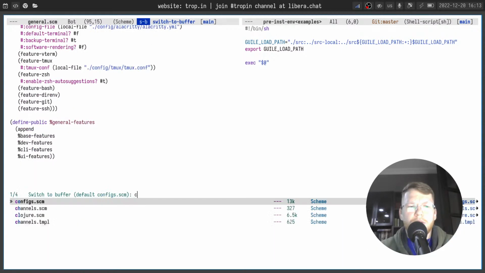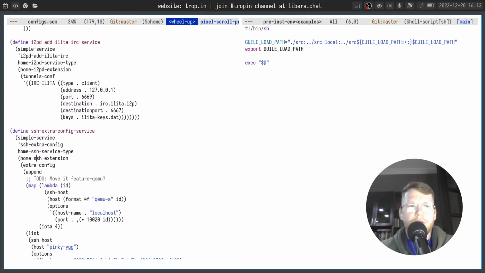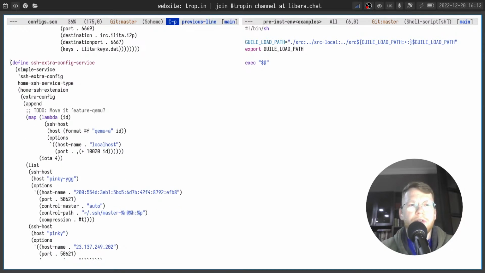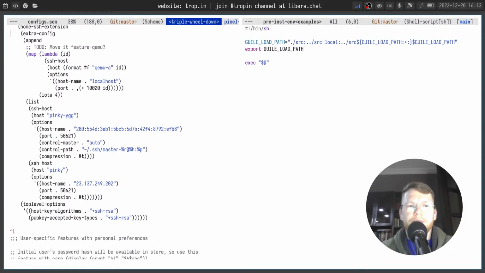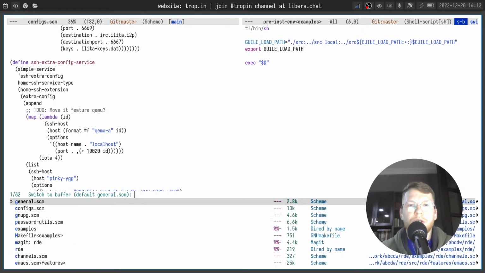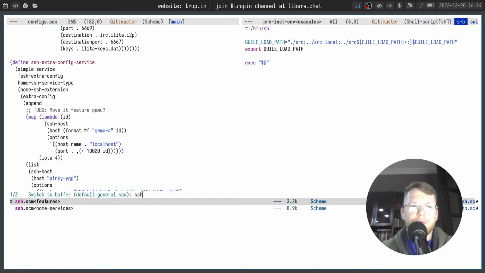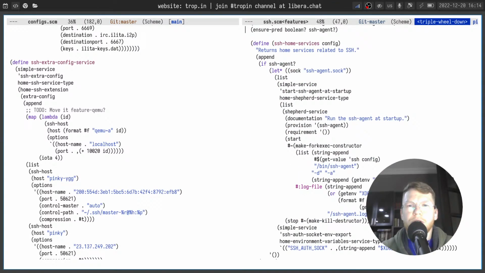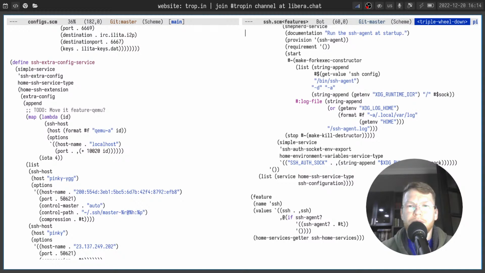But if I take a look at the configs file, I will see here that there is an SSH extra config service defined, which basically extends the home SSH service, which is used by feature SSH. Feature SSH defines the home SSH service,